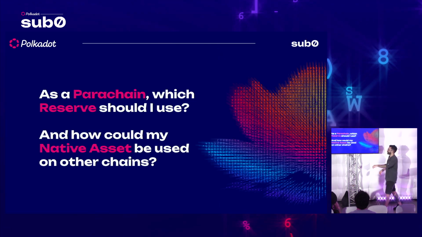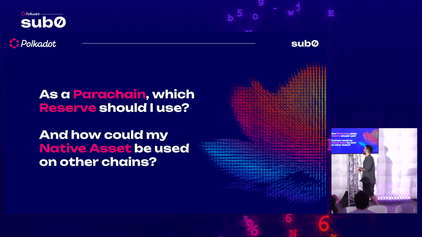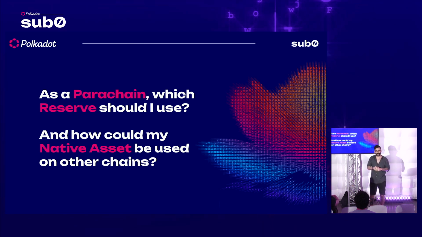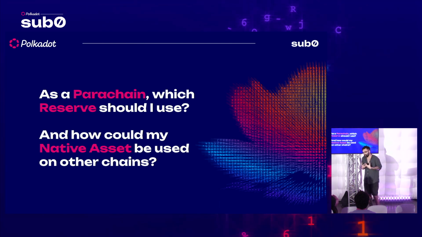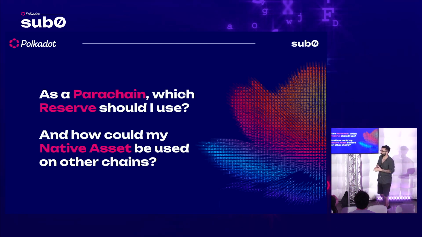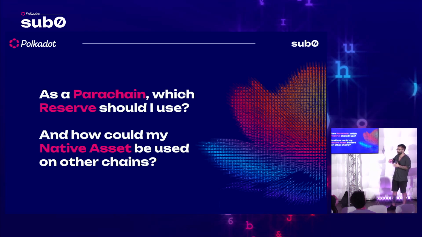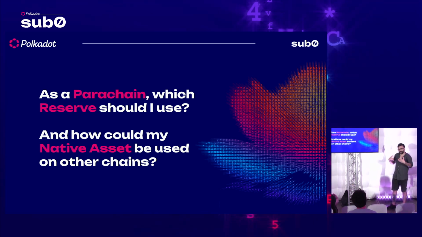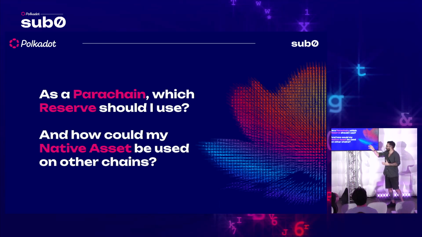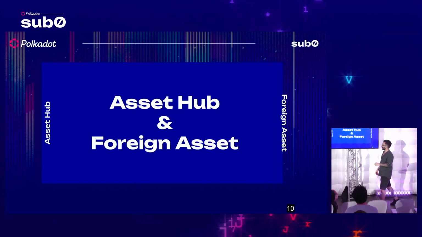And this comes to the next question: as a parachain, which reserve should I use, right? And again, how could my native asset, which I find extremely useful, be used? Remember, a native asset is an asset that is extremely bonded with my intrinsic value proposition. So it would be good if I could expand, through methods like reserve asset transfer, my asset, which at some point represents what I'm proposing to the system, into other actors of the ecosystem. And that's where Asset Hub and foreign assets come from,